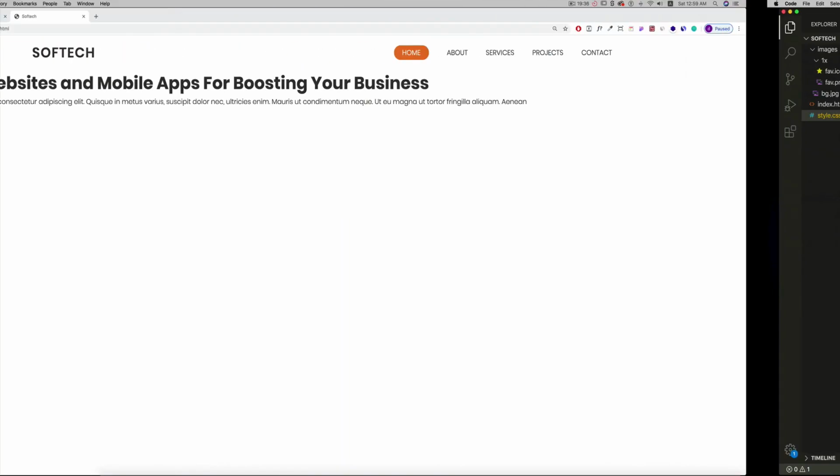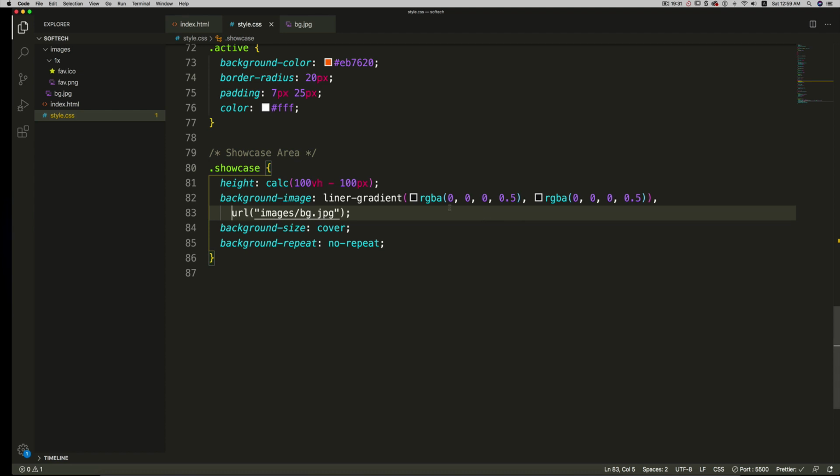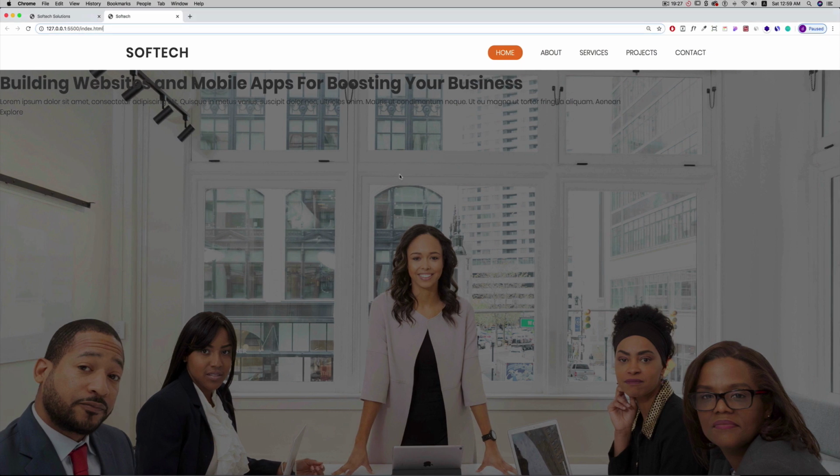Let's save this. Oh, I made some mistake here. Linear gradient. So I've added this dark overlay,